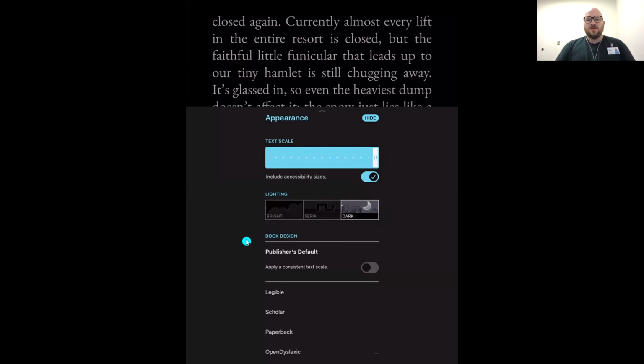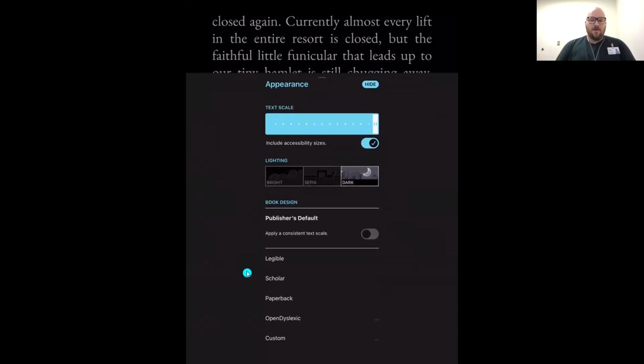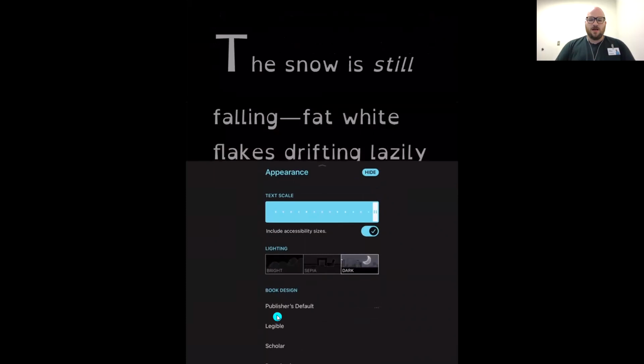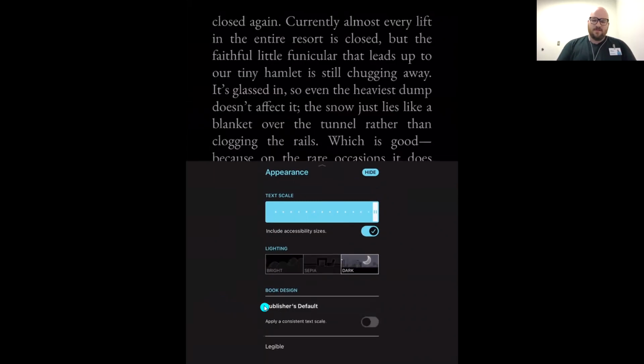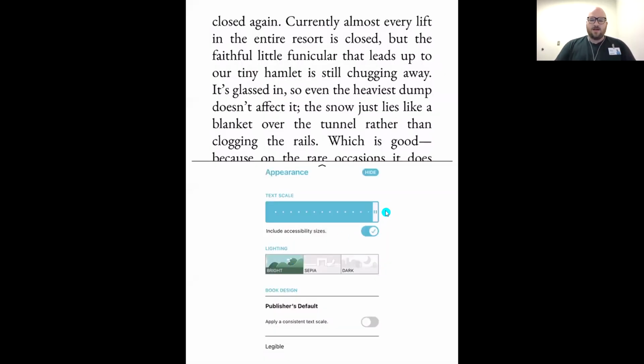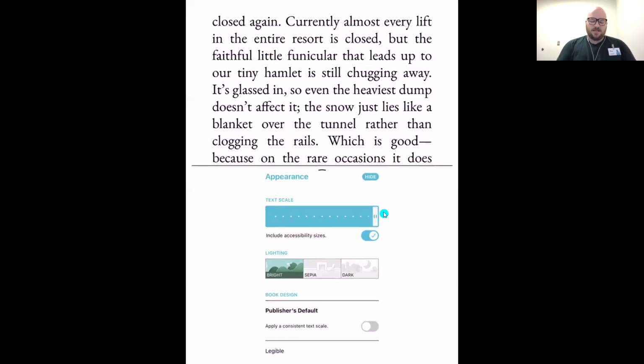And then the last thing you can change is the book design. So the publisher's default is what it would look like if you picked this book up off the shelf. But we have 5 total pre-made fonts, including our open dyslexic font, which might help some users with dyslexia while reading. Now I'm going to flip back to all of my normal settings here, because this menu is a sticky